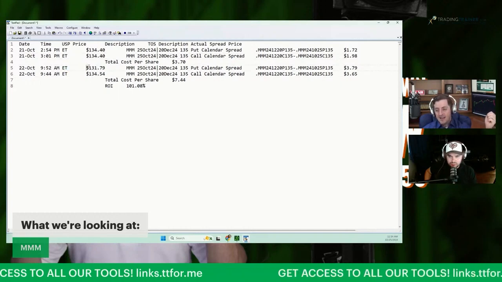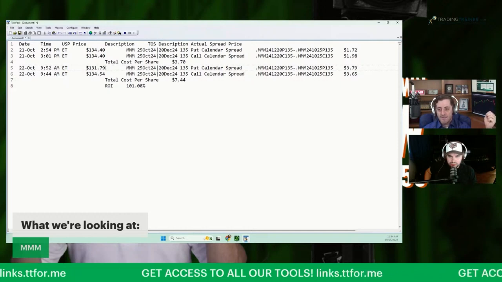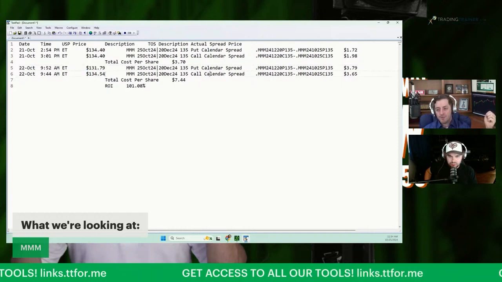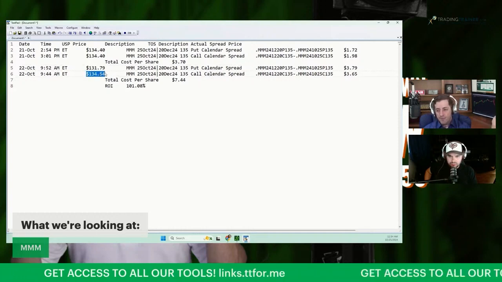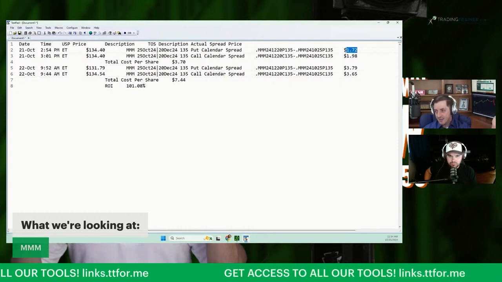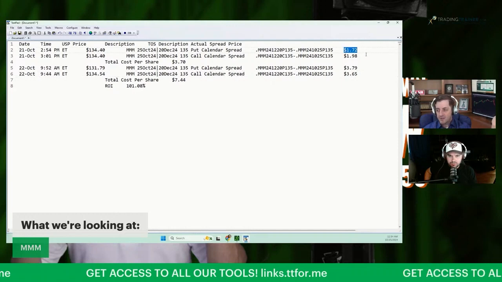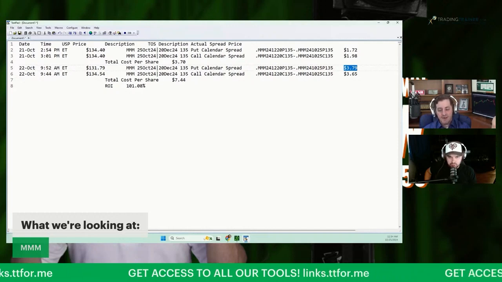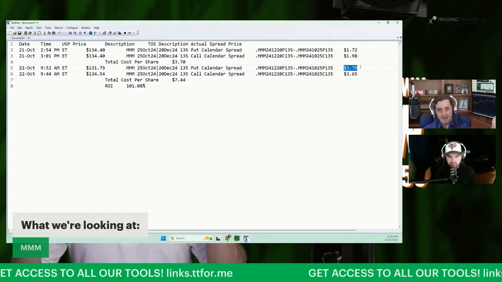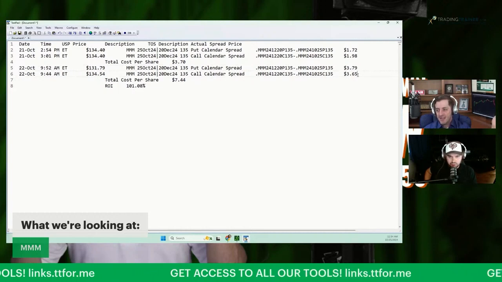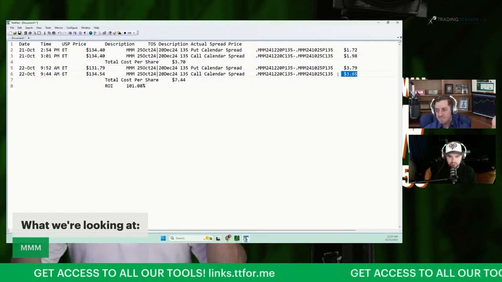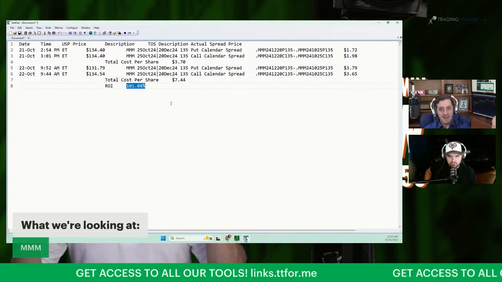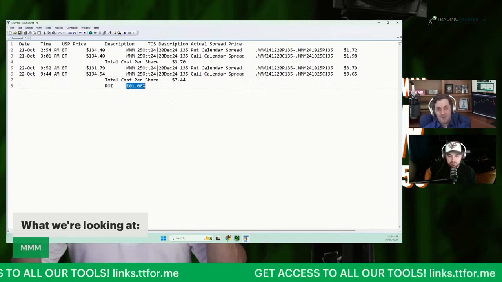So when I looked at it, it looks like my put calendar spread got filled when the underlying symbol was at 131.79, and my call calendar spread got filled when it was at 134.54. Suffice it to say, check out the returns. So this thing that I bought for $1.72, not even 24 hours later, more like 16 hours later, $3.79 per share. And the other one, $1.98, $3.65. All to say, I more than doubled my money in less than 18 hours, right?